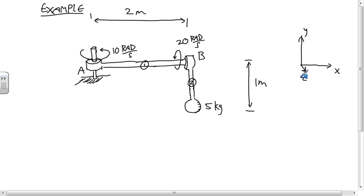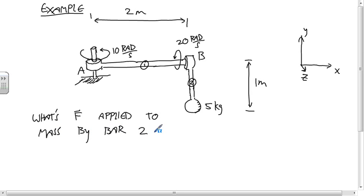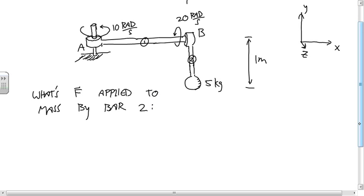And we want to calculate, so what's the force vector applied to the mass by bar 2. And we're first going to do it, well, okay, before I say that,